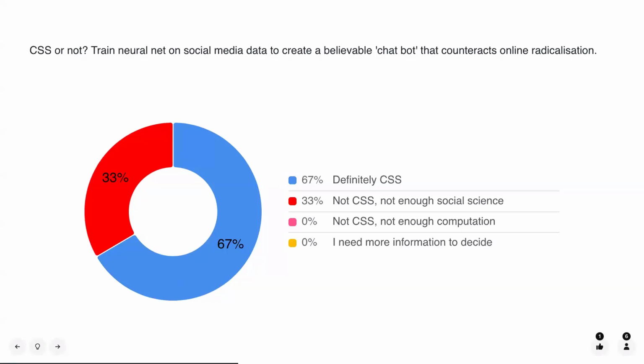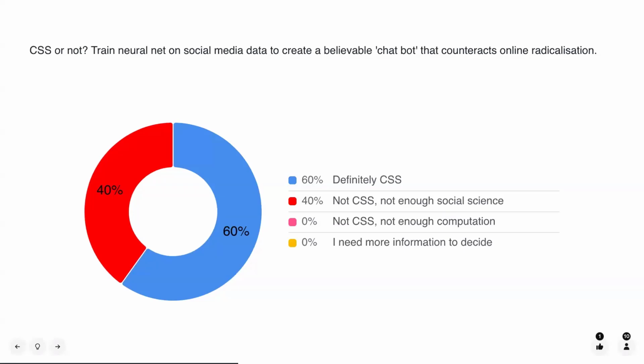Okay, so it looks like the majority of you are saying that this is definitely a computational social science project. And again, I think I have to agree. It seems to include all the components of a CSS project, and we can just walk through them a little bit. So there seems to be an implicit social science research question as we're focusing on people's actions and attitudes